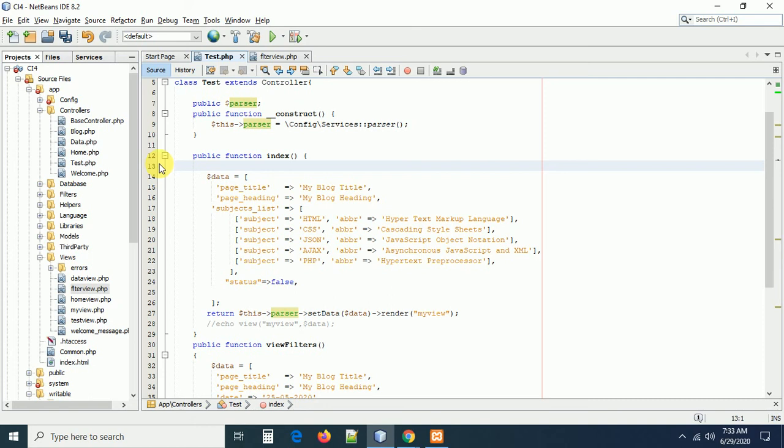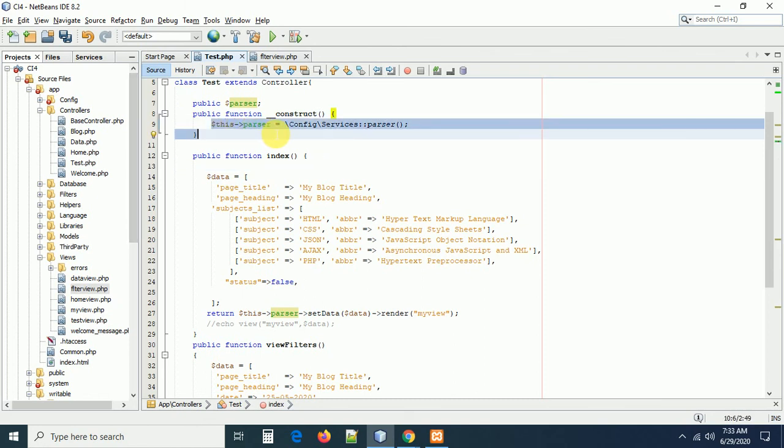If you load something in a constructor, the constructor function is called at the time of object creation, automatically. So by the time, your objects are available. We know that as per object oriented programming, if you want to access any class method, first of all the object should be ready. First of all we need to create the object. At the time of object creation, the constructor will be called automatically. Since it is called automatically, these variables are initialized and we can access them wherever we want in our controller class methods, right, guys? This is how we can use the filters, guys.